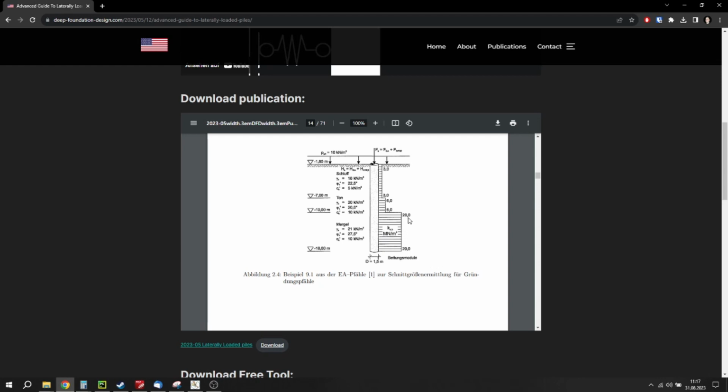modulus, and the way that you evaluate it is you have different subgrade moduli over the depth, and then you would evaluate the deformations of the pile over the depth, and then you can get from there also the reactions of the pile. The big disadvantage that this has, this is a brilliant method to do this if you